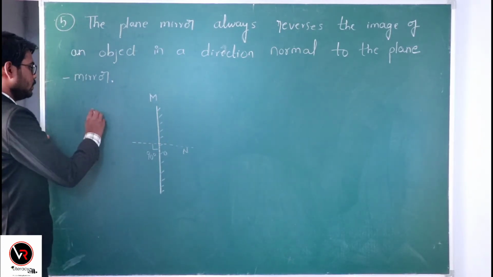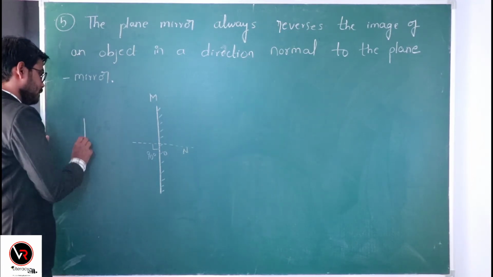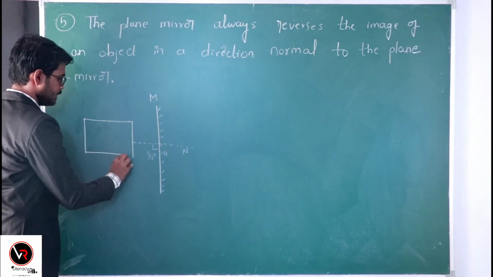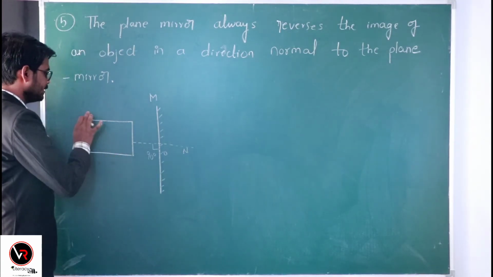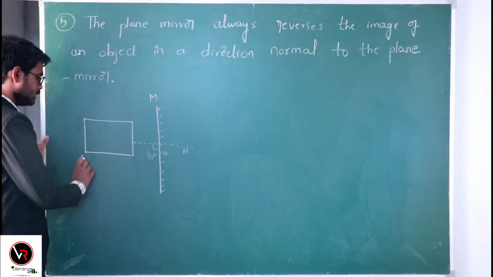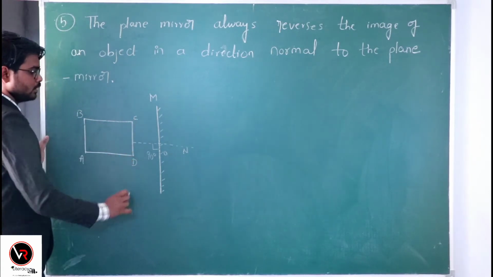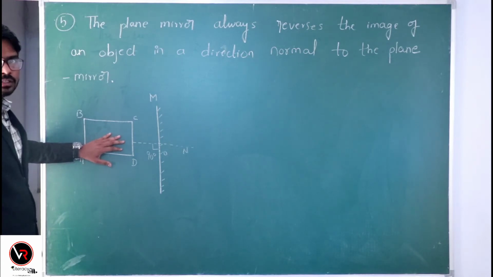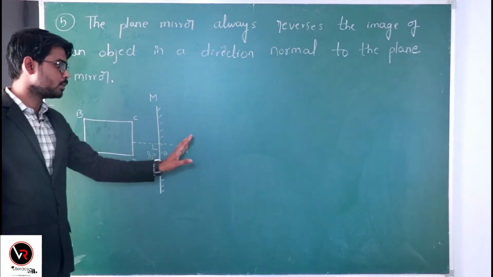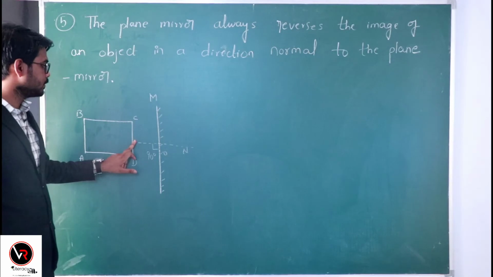Let us consider an object which has the shape of a rectangle, and it has 4 vertices A, B, C and D. So this is a real object. In our previous lectures we discussed that this plane mirror forms the virtual image of this. But according to this property, if you see here,